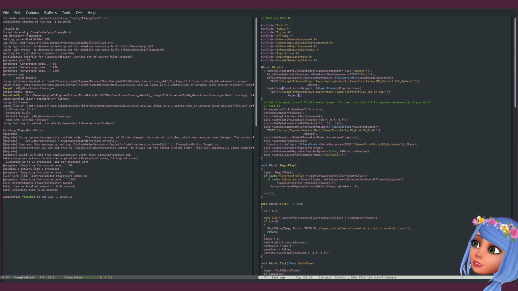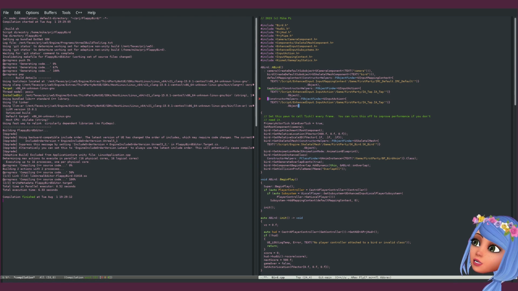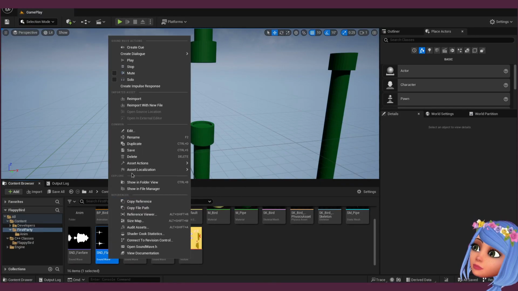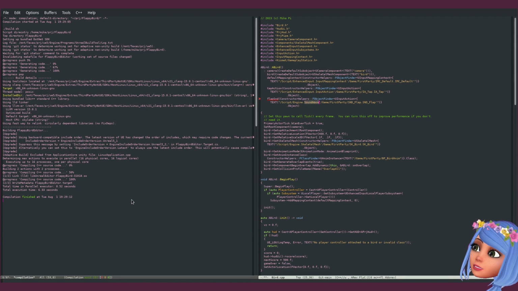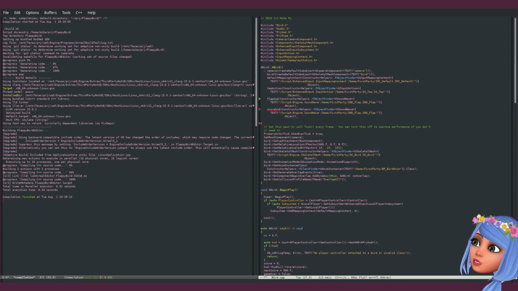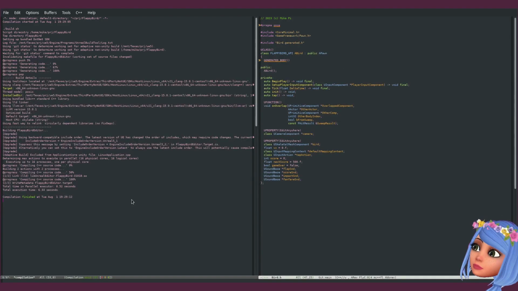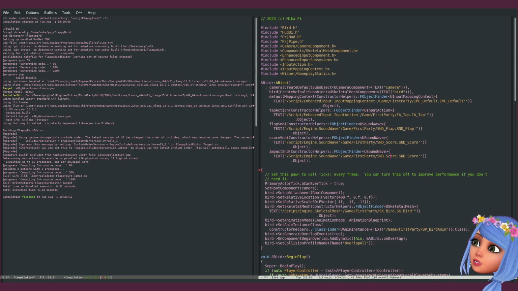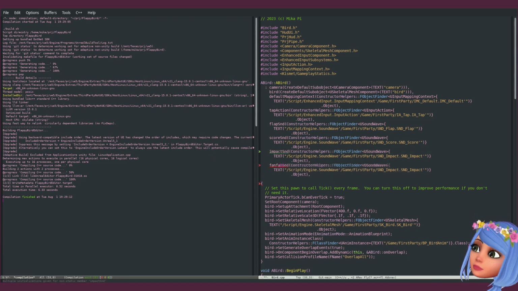So we copy paste this stuff and do flap sound. So flap, copy reference, use sound wave, score sound, score, then impact sound, and fanfare.